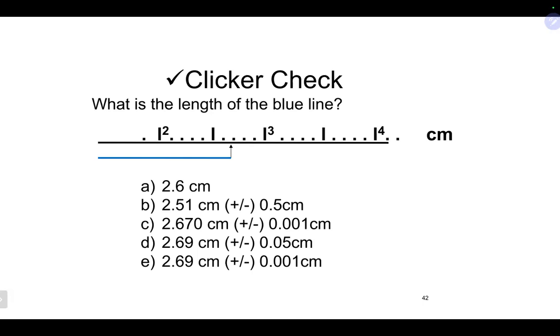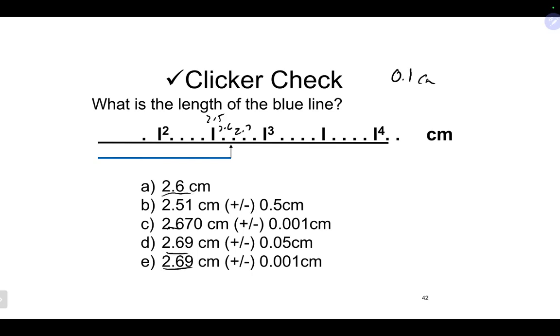All right, let's take a look at some of these here. I hope it didn't move. So if we look at this, we have 2 and 3 centimeters. We have our big difference there of 1 centimeter. There should be 10 markings between, which means in this case, once again, each of the smallest markings should be 0.1 centimeters. So that should be 2.5, that should be 2.6, 2.7. So we are definitely looking at something with a 2.6, which gives us this guy, this guy, this guy,